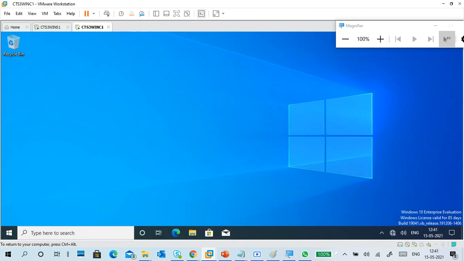See, where is the desktop background? Earlier it was there, now it is not there. It means I denied the policy to a particular user. You can deny the policy to a particular user, a group, or a computer. Also, even though they are in the same OU, the policy is not applied. It means denying the policy is also possible. Okay, so this is one setting: deny the policy.